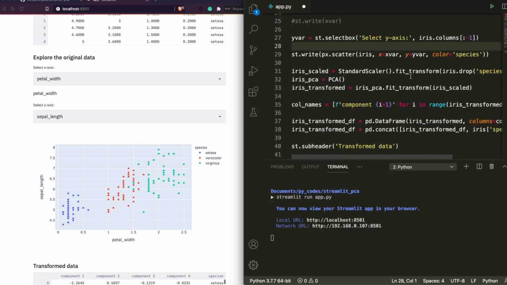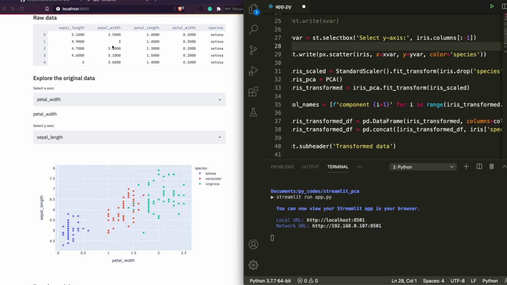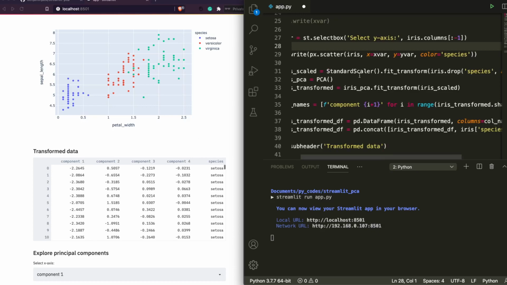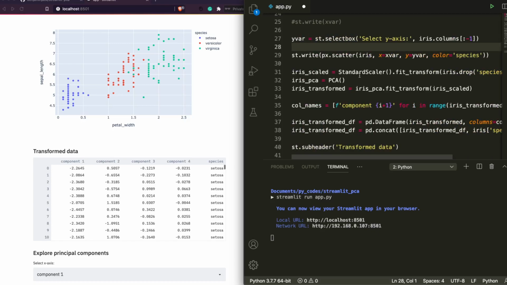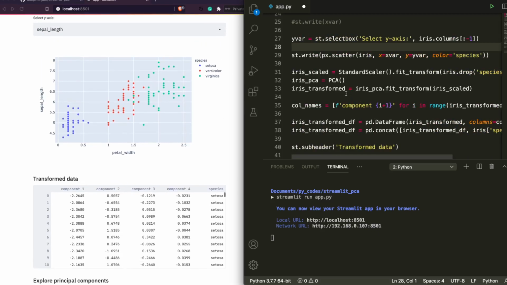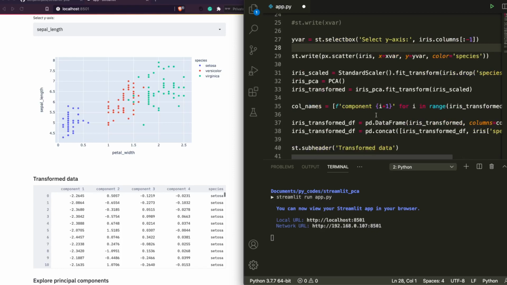First you need to normalize the values, so you can actually see the difference here. You have numbers at any scale. Here you basically see it on a Z scale. So first you normalize the numbers using standard scale fit transform, and once you normalize it, you do PCA. So this is where you do PCA. Once you do PCA, now you want to extract the component names, and that's what we are doing here by calling it column name.